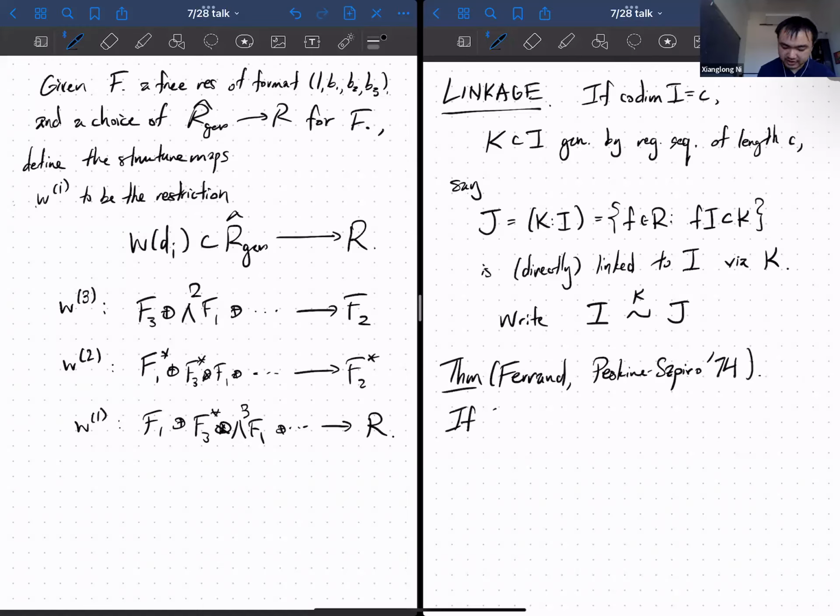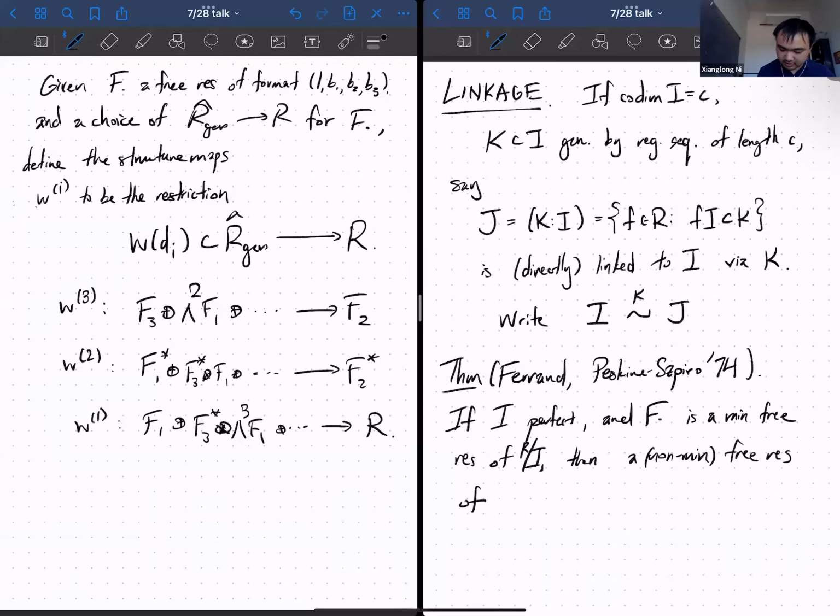If I is a perfect ideal, and F is the minimal free resolution of I, then a non-minimal